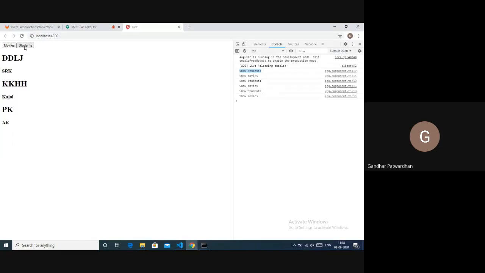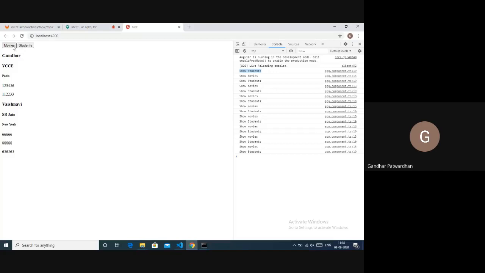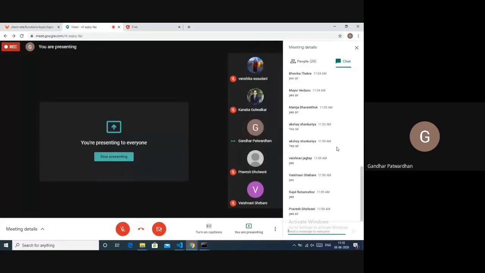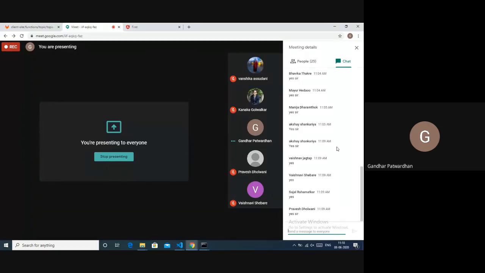So that is how we wrote something very simple. This is how the tabs would work going forward. Is it clear? Is it clear till here?